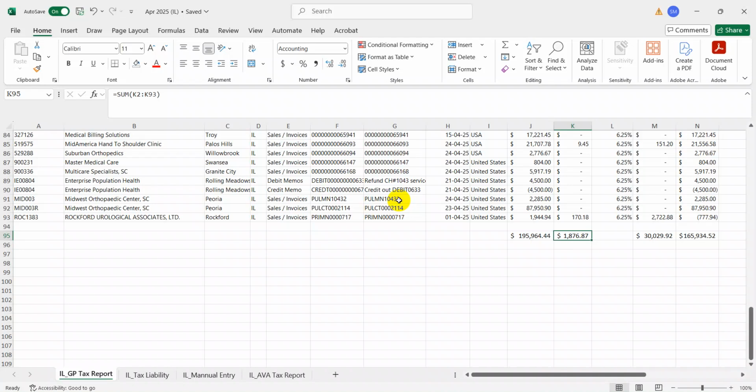So in our last video we went through the process of how to file the Tennessee sales tax return, and today we are going to file another state, which is Illinois. We will walk through the process of how we can file the monthly sales tax return